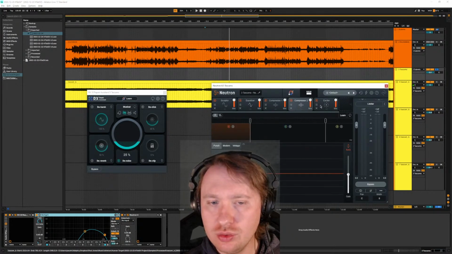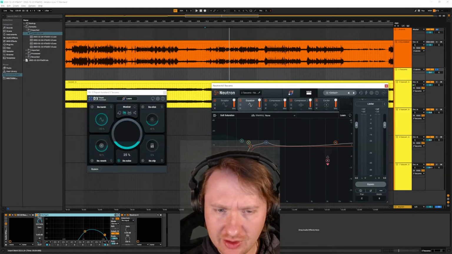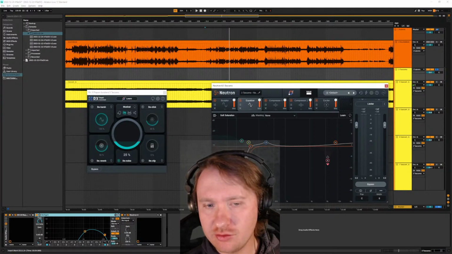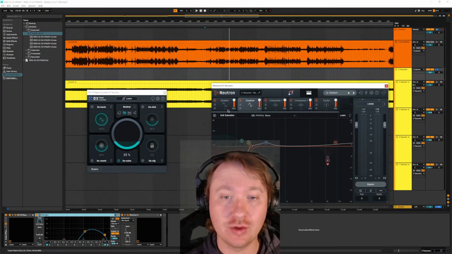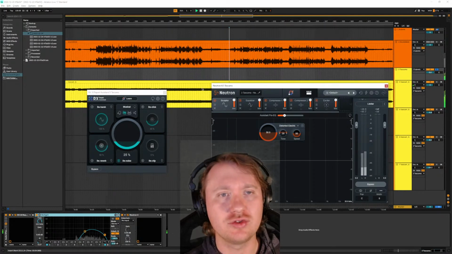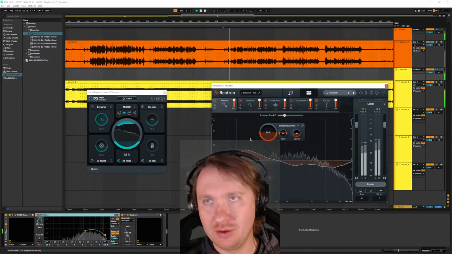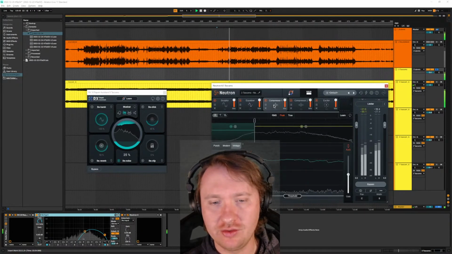One thing that I do always do with Neutron is I find that it's not aggressive enough with the low and high passes. We're already passing quite aggressively here, but I was finding that even so, things were coming through that were sort of boomy and not very useful, perhaps because of what the sculptor is up to. Let's see if that's true. Yeah, so you see the sculptor is trying to make up for that by boosting a bunch of this stuff very aggressively. So I just pass that out again because we don't want it,